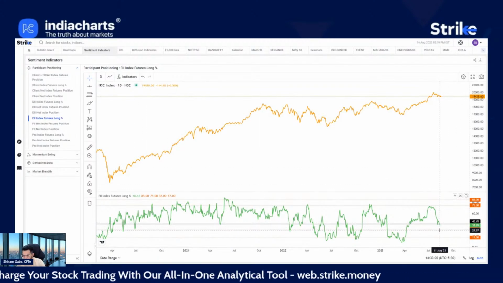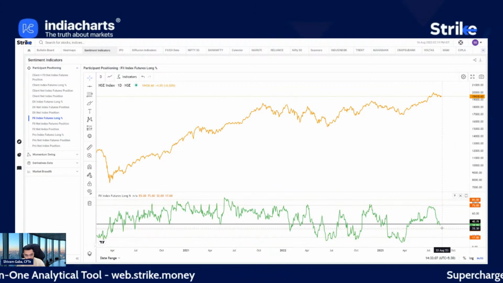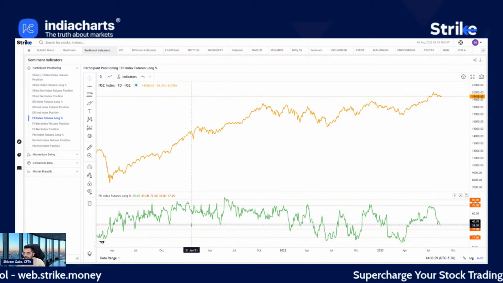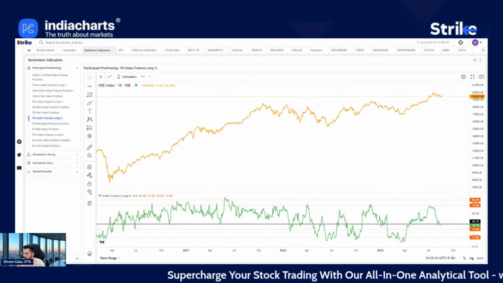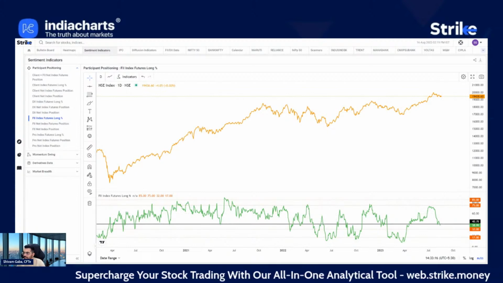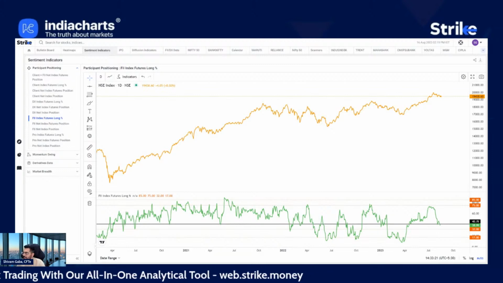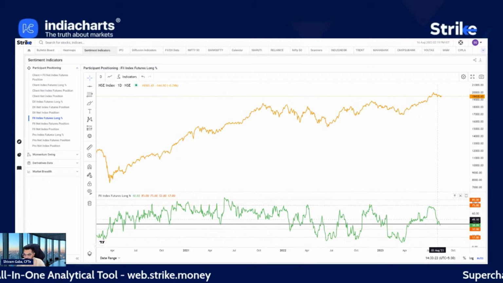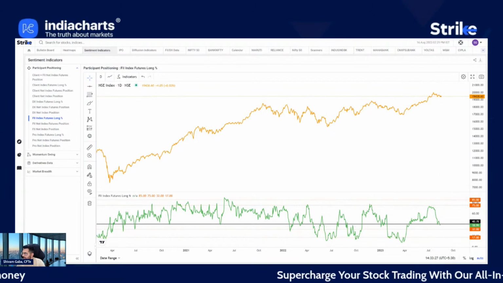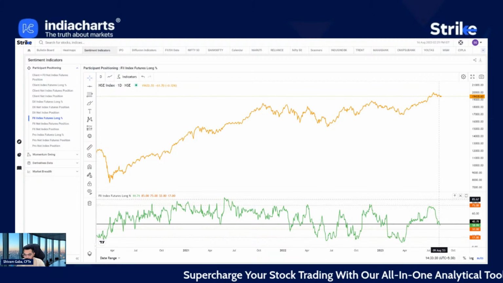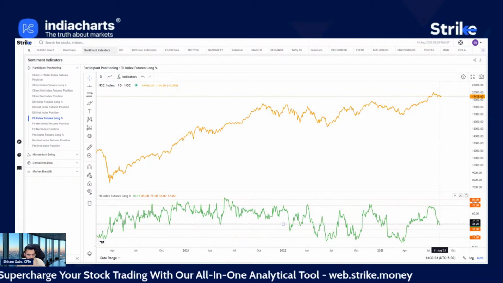As of Monday, this number is at 39, 38.99 to be exact, right around that zone. So it is a crucial mark for it to reverse from here. And in today's session, the market is trading mostly flat, not much positive, not much negative. So we need to see how it closes. And on the EOD, once this data is updated, that is when we can further have a look at whether or not they're building more shorts or just started to cover.